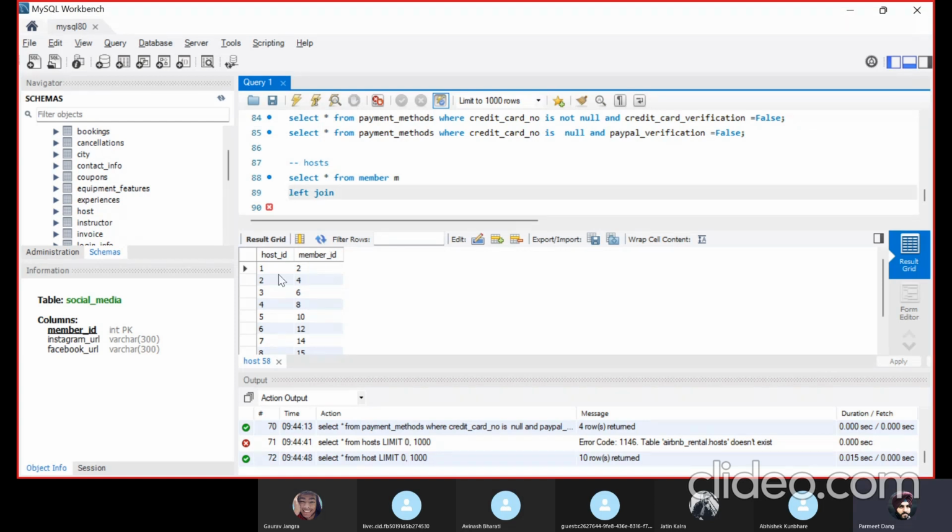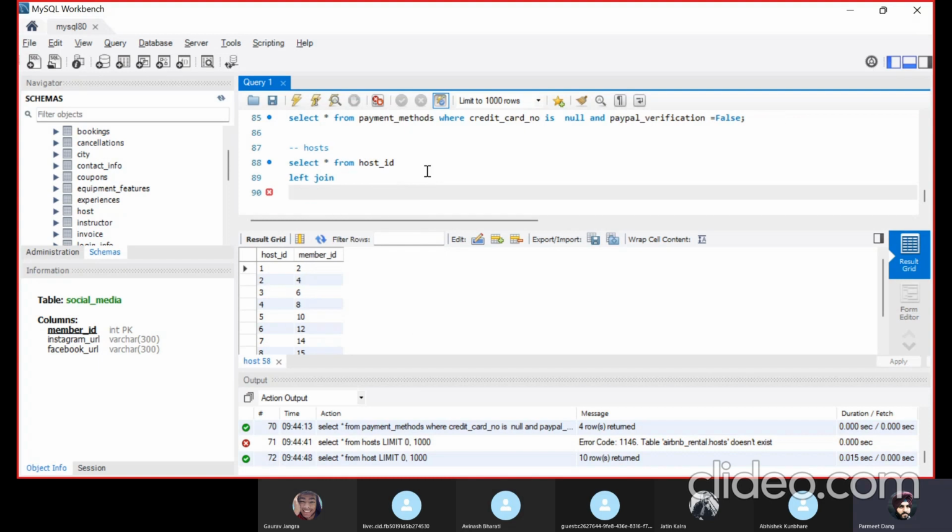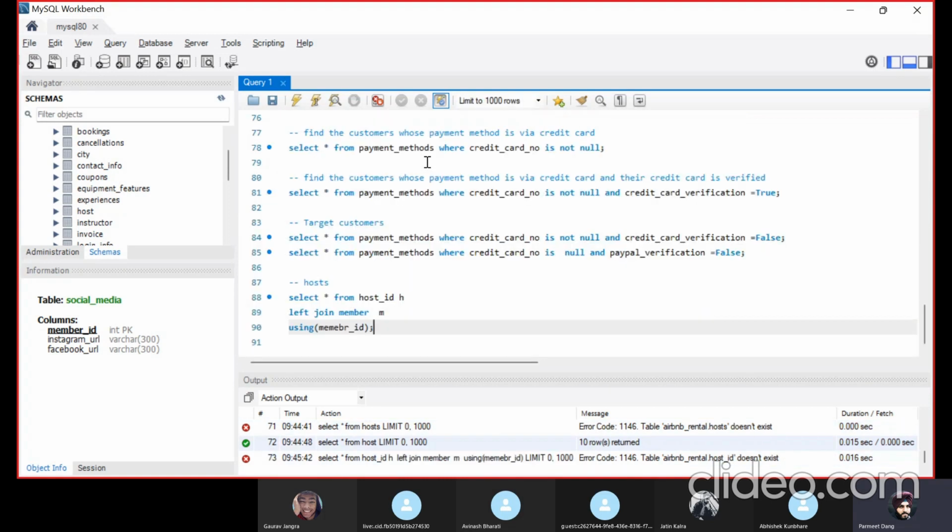I want to take the host ID and join, to get all the names of the hosts. Left join member M using member underscore ID. So from this, if you see,